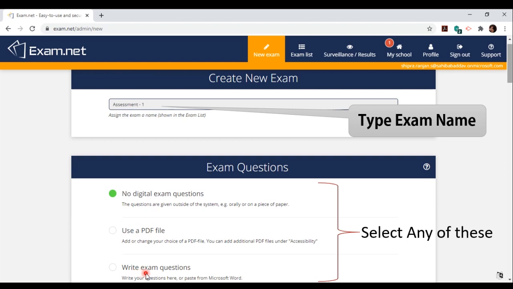If your question paper is already ready and saved as a PDF, click on this and upload your question paper. Whereas if you want to write your questions in this area, you can use write exam questions. I'll be going with write exam questions.